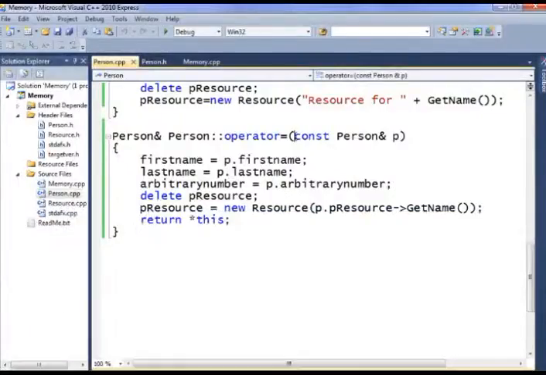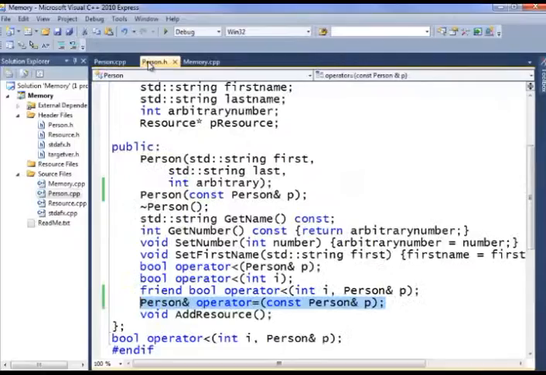We have finally constructed a fully robust person class. Because person had a meaningful destructor, we had to write a meaningful copy constructor and a meaningful operator equals or assignment operator, two names for the same thing. And I will not deny to you, this is totally